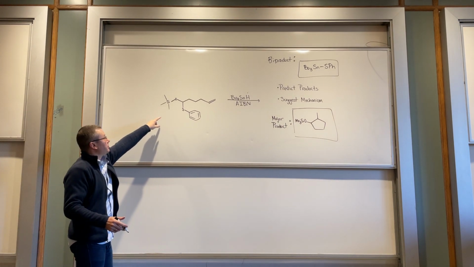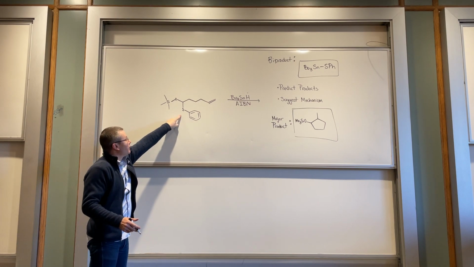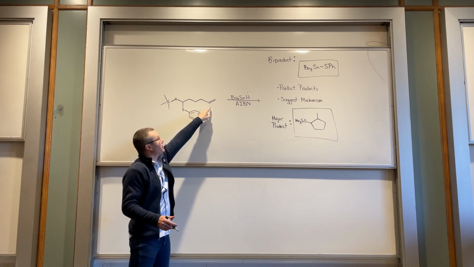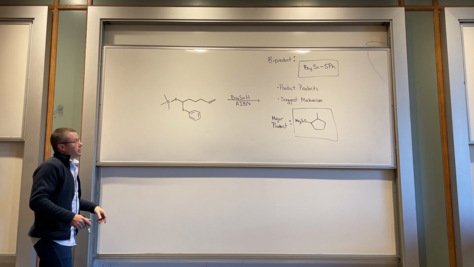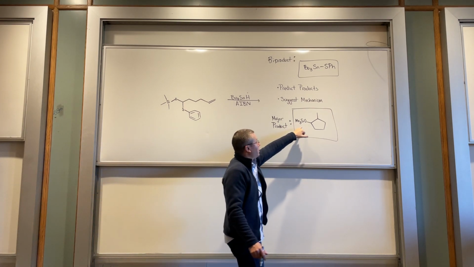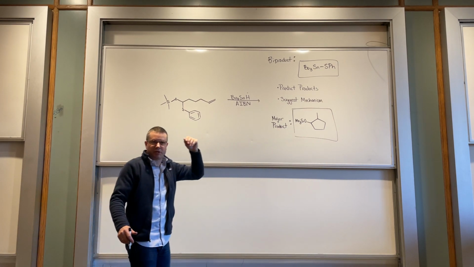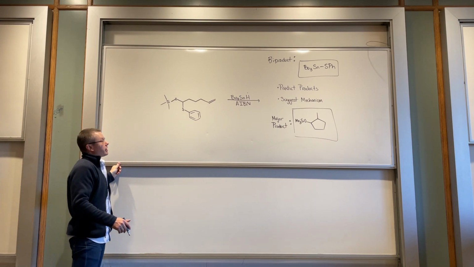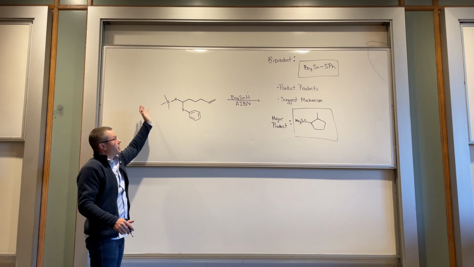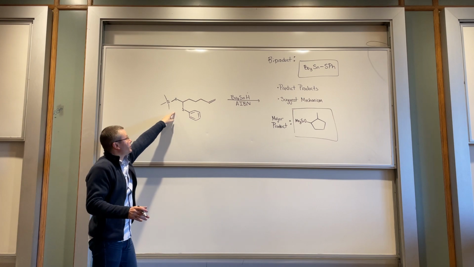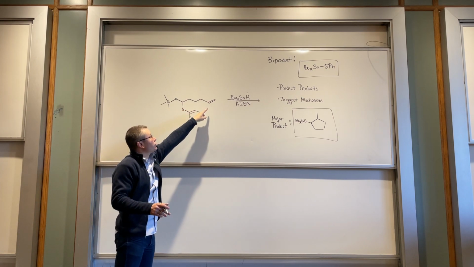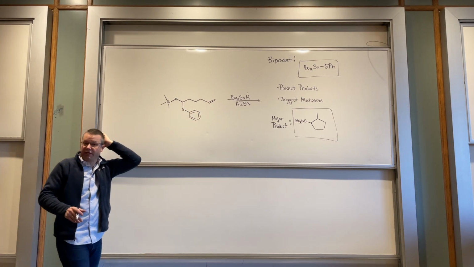So we have this trimethylsiloxy group, we have the thiophenyl group, and then we have the alkene. See, in the end product, the oxygen is untouched, right? So that's going to be pretty much unaffected by the radical chemistry. And so when we're thinking about where the radical reacts, we have to think about this thiophenyl group, right? And we also have to think about the